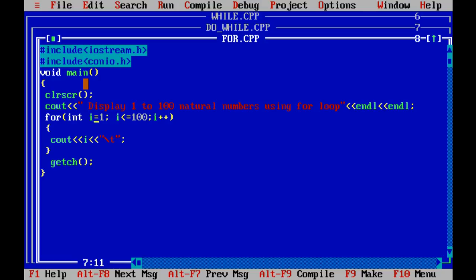So int I equal to 1, this is an initialization expression. It will execute only once in a program or in a loop. The next one is the condition, I less than or equal to 100. If it is true, then display I value. Then the control goes to the incrementation statement, where I equal to I plus 1. Now I equal to 2. Then the control goes to the condition, 2 less than or equal to 100. If it is